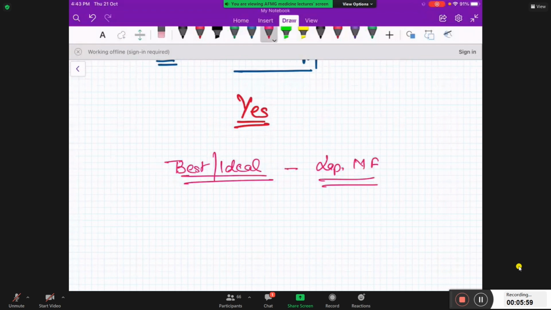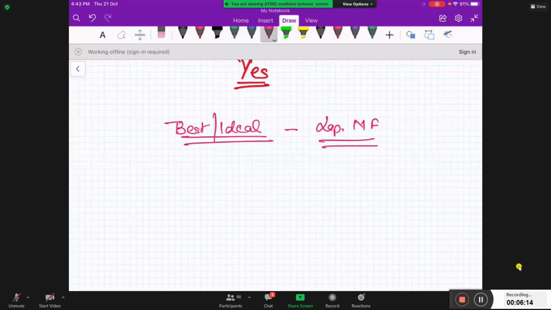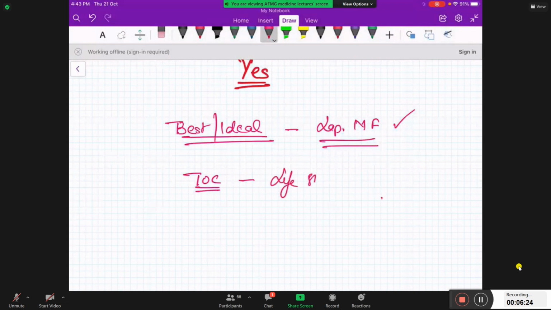But since this condition is a benign condition, most of the time the patient doesn't agree to a surgical procedure for this benign condition. So if you are asked what is the best treatment or ideal treatment, the answer will be this. But if you are asked what is the treatment of choice, because most of the time patient agrees to this, the treatment of choice for this is lifestyle modifications